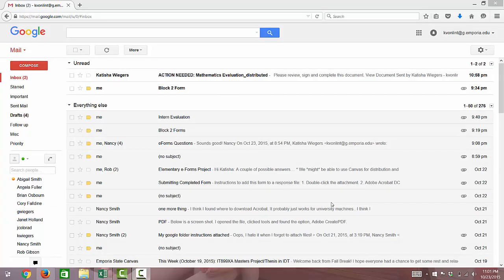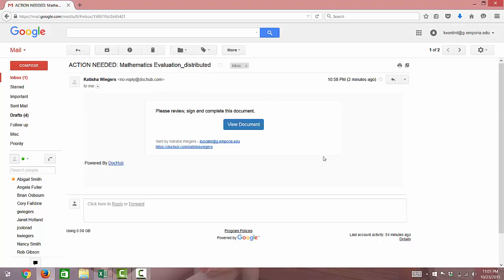Previously, we saw how someone who is completing an electronic form can send it for a signature using DocHub. Now we're going to look at what the view is of the person who actually needs to complete that action. So when I go to my email, I have an email here that says action needed, mathematics evaluation distributed. I'm going to click on this email, and it tells me that I need to review, sign, and complete the document. So I'll go to View Document,